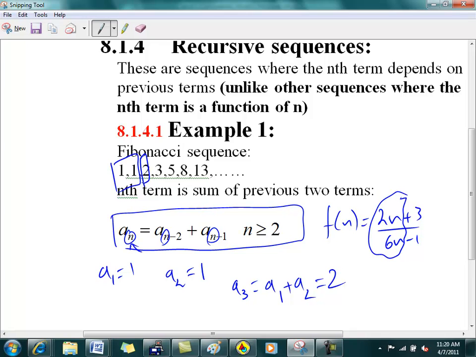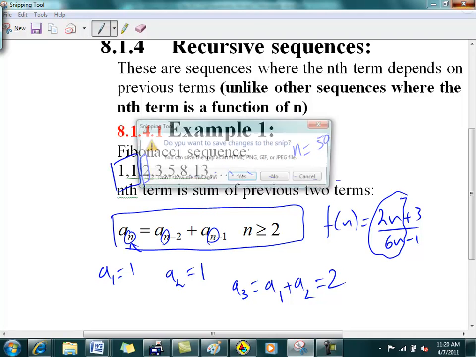Okay? Now the very difficult thing in a recursive sequence is that say the sequence goes on and on and on, and I want to write the 50th term. Okay? It becomes really hard because to get the 50th term you need the 49th and the 48th. To get the 49th, you need the 48th and the 47th. So you can see that it becomes extremely difficult computationally to do that, okay? But there are ways of actually taking a recursive sequence and putting it in functional form. We don't particularly learn that in this course, okay? All we learn is how to find the values of the terms in a recursive sequence. So